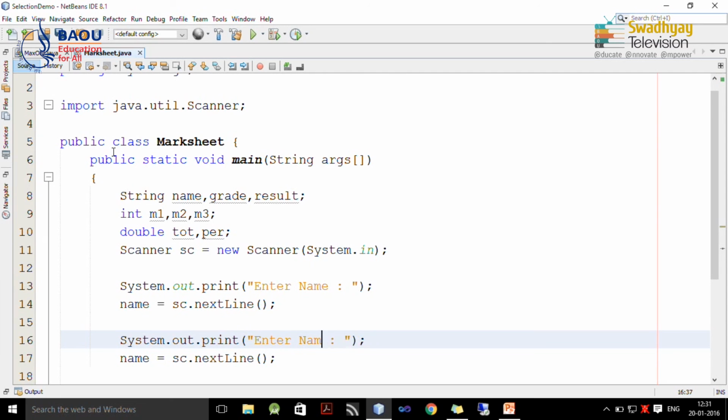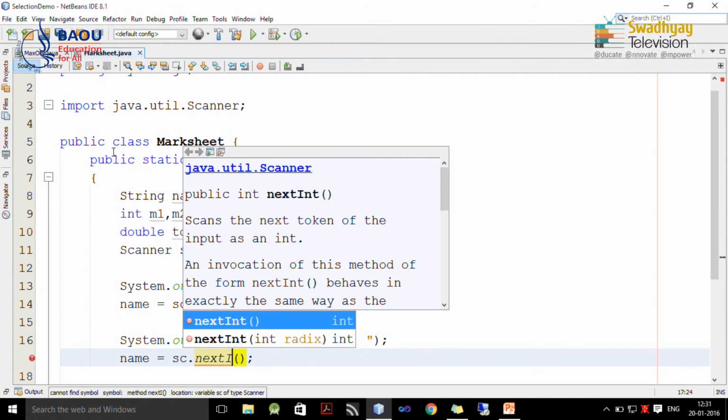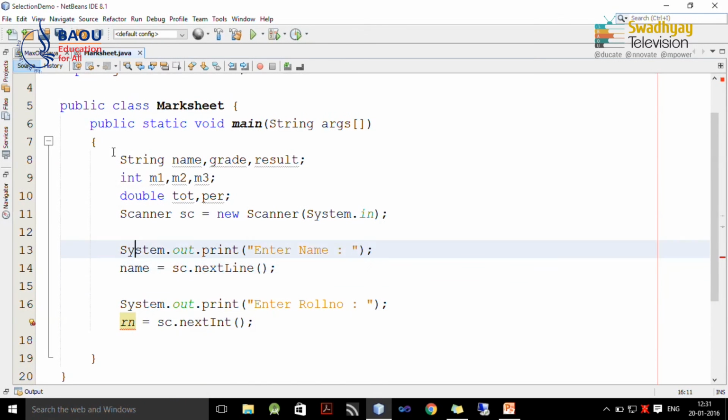So here I write down roll number, and remember roll number is of type integer. So instead of next line we have to use next integer, and the name of variable in which we are going to store this value is Rn, and Rn is not declared. So I am going to declare Rn over here.